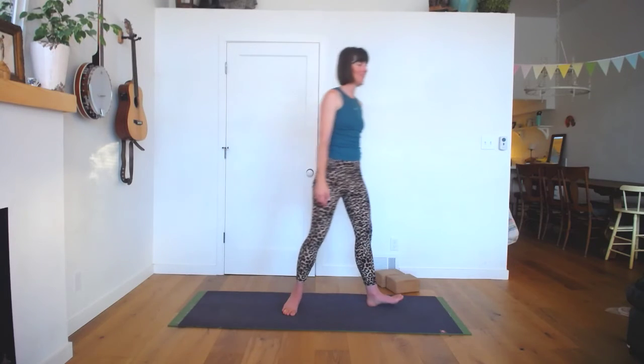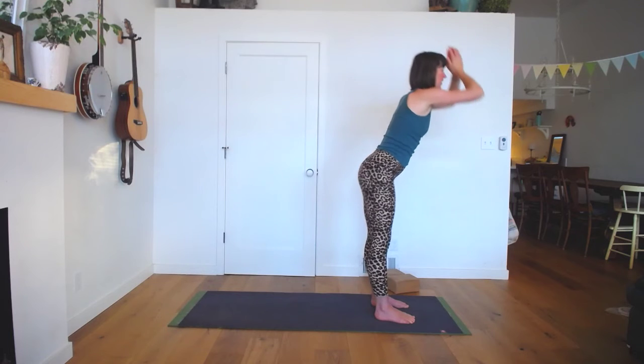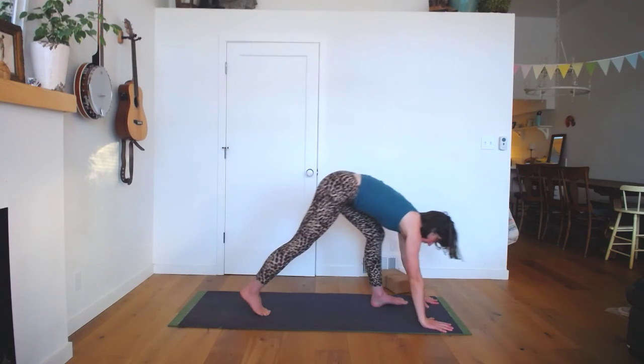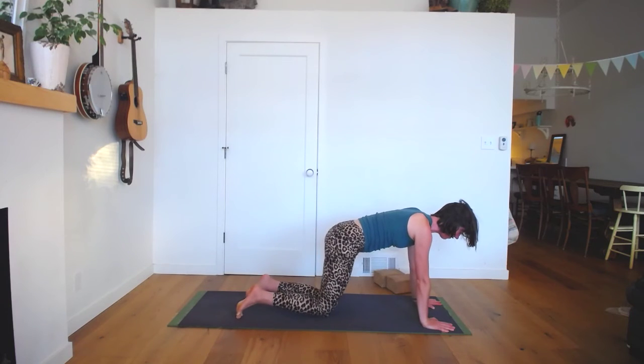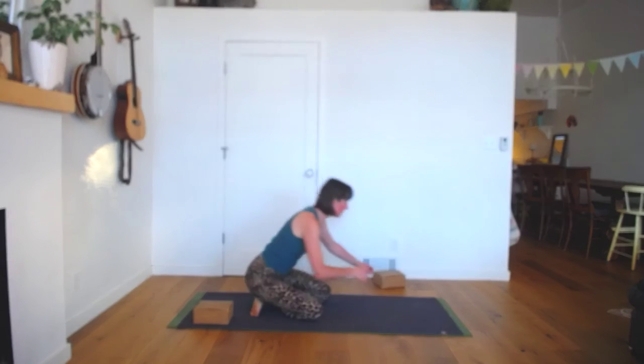Good. Okay, let's come and take from the top of the mat, sweeping your arms overhead. And then exhale, Uttanasana, bend your knees a lot. Plant your hands and step back for downward facing dog. Good. Okay, and then coming down, we'll try either Purvottanasana, or you can take belly down in Shalabhasana if Purvottanasana